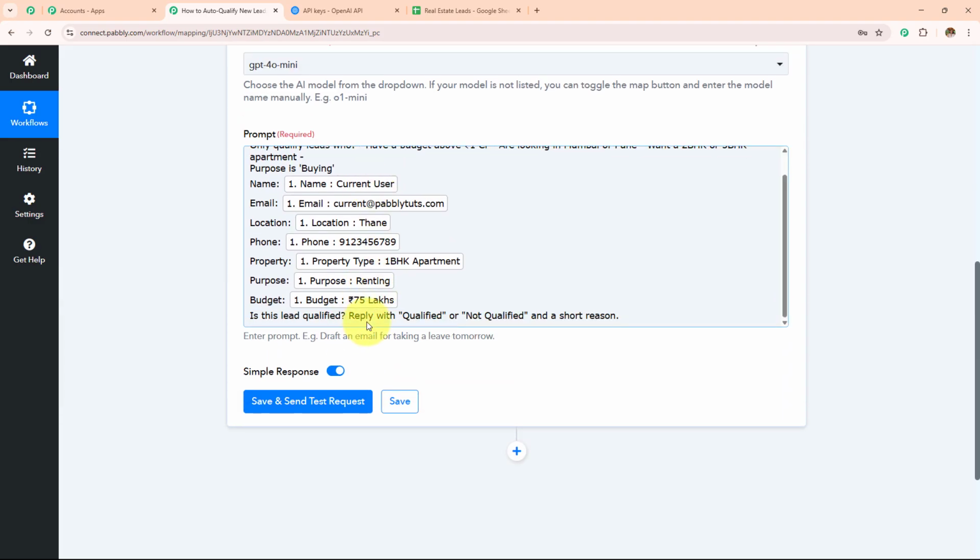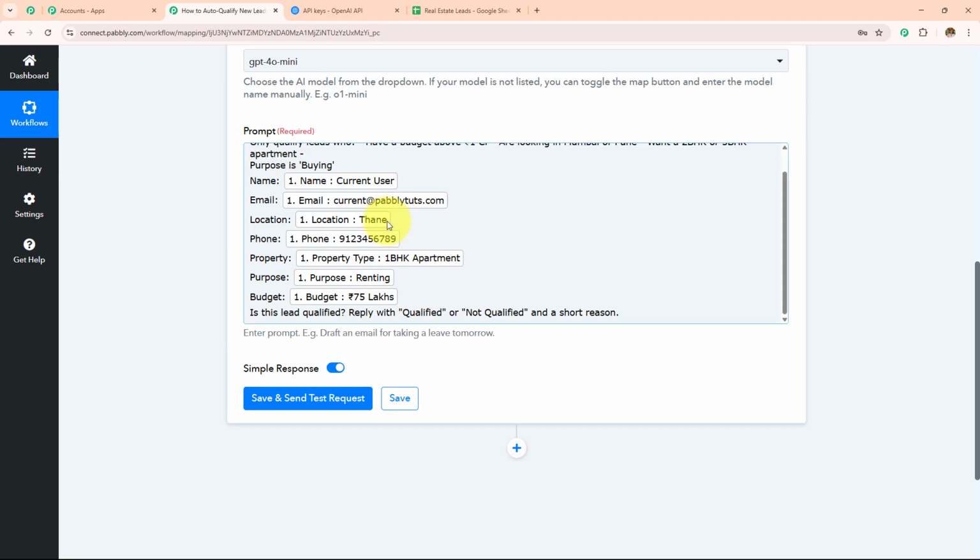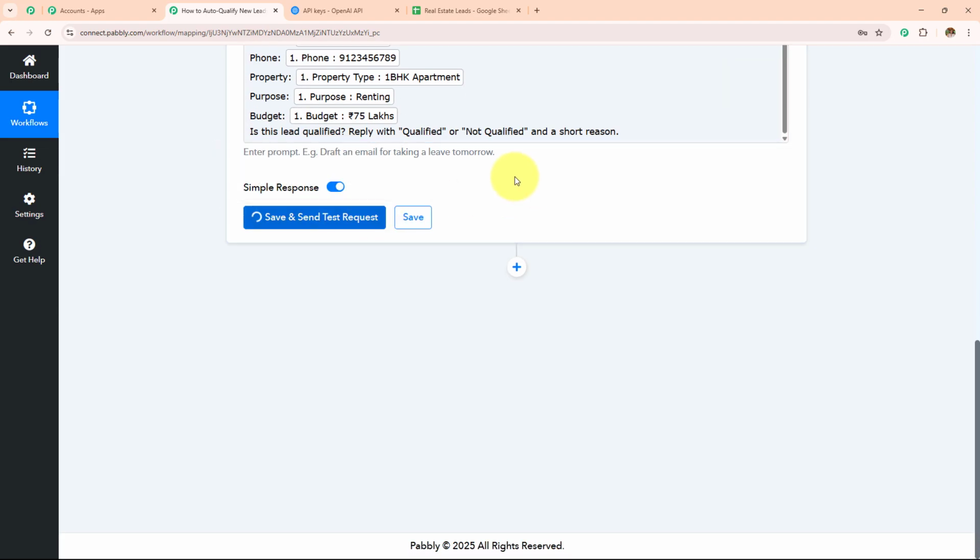Now over here, mapping is important so that every time you receive a new response, it is taken into consideration in this field. Manually entering the data will make this field static and the information will not change even if you have received the new response. Over here, if I manually enter any detail, this field will become static, and every time I receive a new response, the result will not change. So as to keep this field dynamic, we use this process mapping instead of manually entering the details. Now that I've entered all these details, I'm simply going to click on the save and send test request.